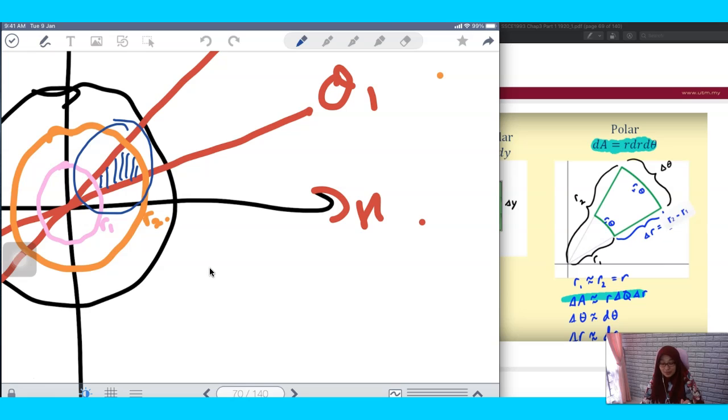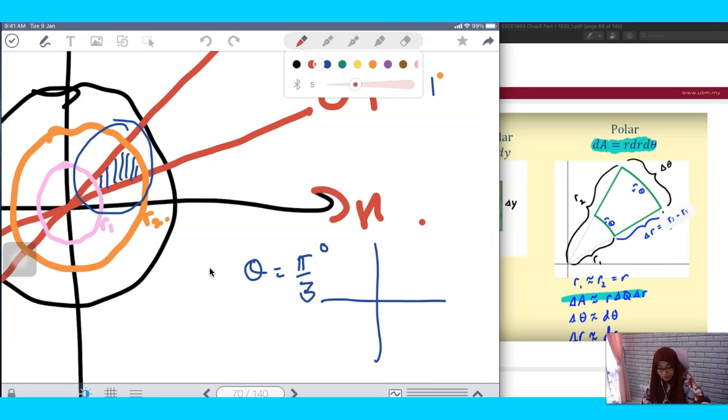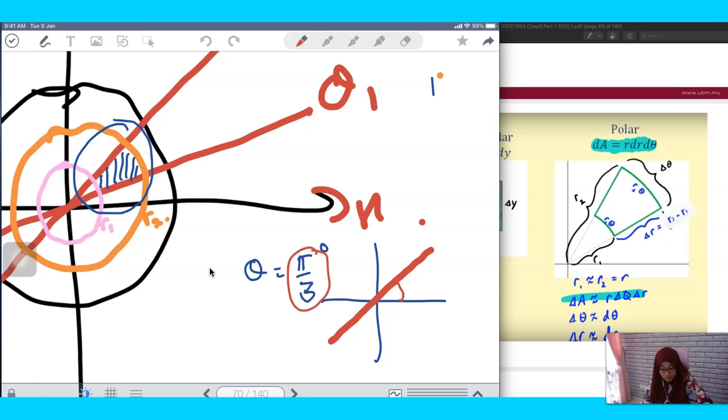When you have a method in Mat 1 before this, in the polar equation, when your theta is equal to, let's say, pi over 3, what is the graph that you have? You still remember that? It is a straight line passing through the origin, and the slope of that line depends on the value of the angle that you have, which is pi over 3. This is not degree, this is radian. But if you want it in degrees, you have to convert, so it becomes